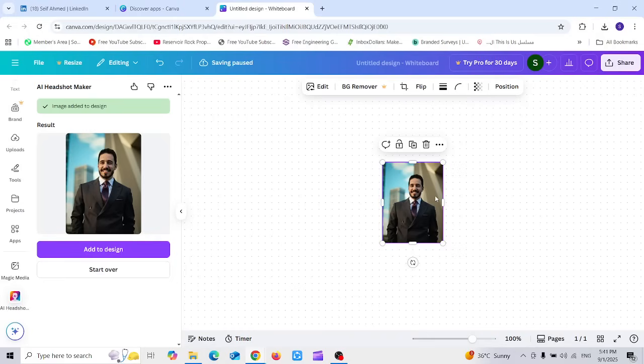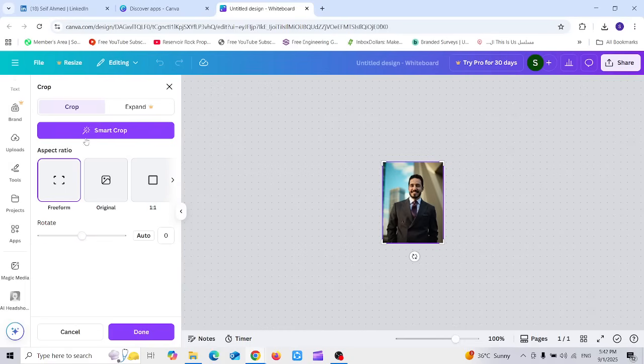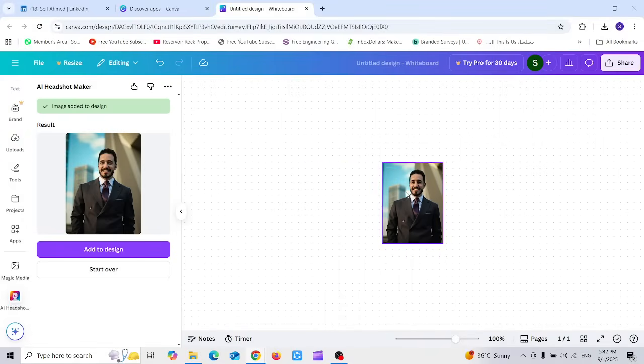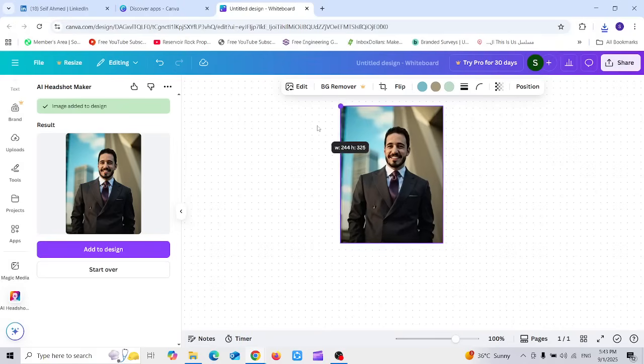And now I'm going to remove the background. If you want to do this, you can double click on it and choose smart crop. But it did not remove the background, so we are going to use the background remover, but this is going to be for payment or for subscription, so you will need to subscribe. So I'm going to introduce other free websites that can do this in case you don't want to pay money for it. Then I'm going to expand this image